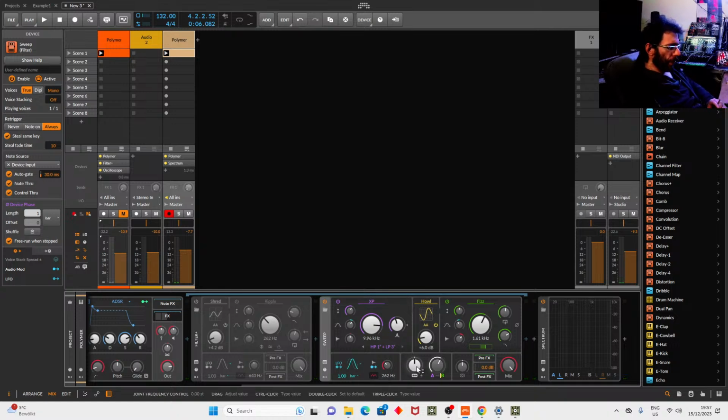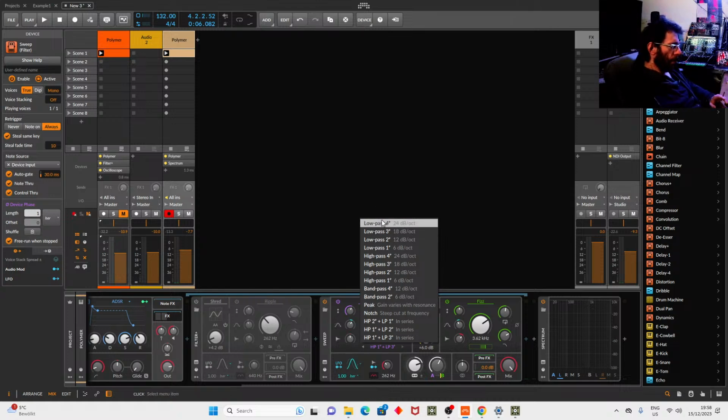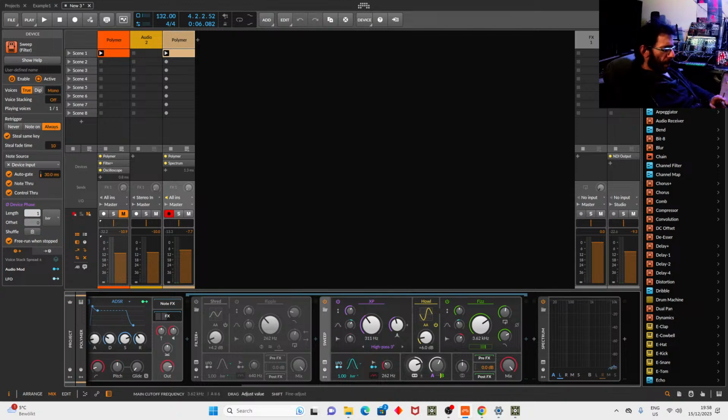what is also very cool, it has an additional knob which can improve the control of both filters. So if I just move this knob left and right, it will offset the value of both cutoff frequencies. So basically I can easily make my custom bandpass filter if I go with a high pass here, for example high pass 3, and low pass here, and